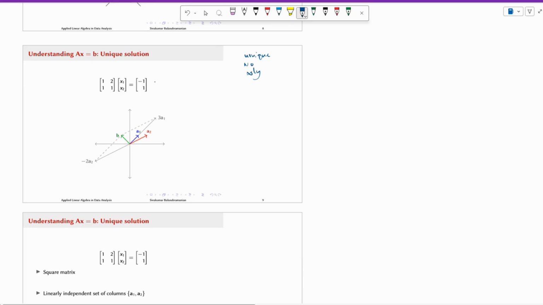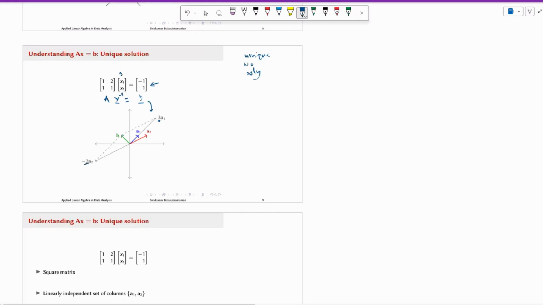Okay? And the column view is, for example, if you have a problem like this, where Ax equals b, then the essential geometric question you're asking is: I have a vector b, I have two vectors a1 and a2, which are the columns of A. How much do I scale a1 and a2 and add them together so that I get to b? Here there is only one way you can scale a1 and a2 and obtain b. You take 3 times a1 minus 2 times a2, add them together and you get this. And if you substitute 3 for x1 and minus 2 for x2, you'll get